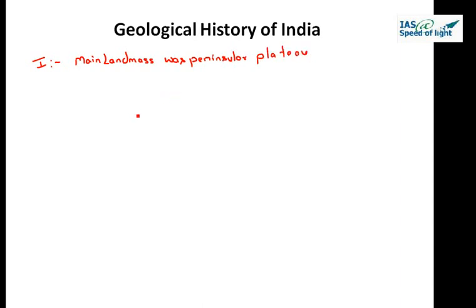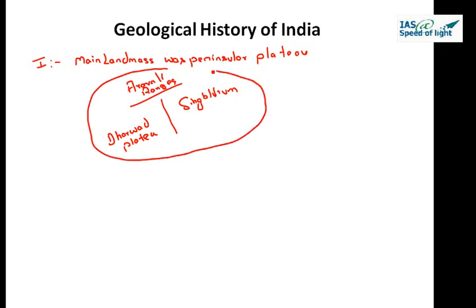This Peninsula Plateau was made by the merging of three different parts. First were the Aravalli ranges. There was the Dharwad Plateau and the Singhbhum. So there were three boundaries, and this whole peninsula was made after the collision of these three different land masses: Aravalli Ranges, Dharwad Plateau, and Singhbhum